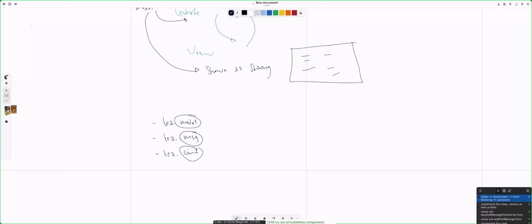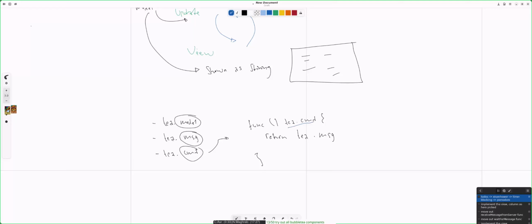Then what about the command? A command is basically anything that produces a message. So for example, there's a function that has the return type command. Then inside of this function, it is going to return the message.